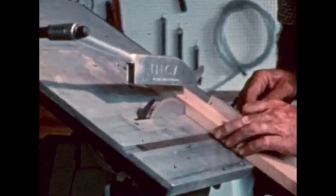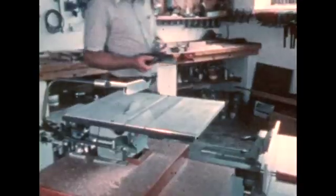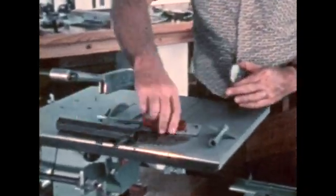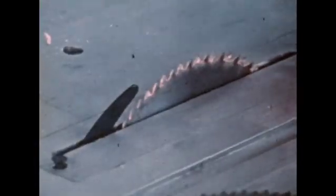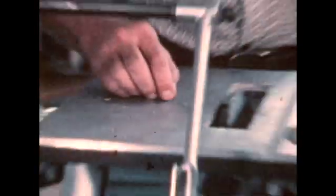Another difficult task simplified, cutting bevels. And for fast, accurate grooving and rebating, these wobble washers are the key to the INCA system. To fit them, remove the cover plate, and remember, the riving knife comes off for this operation. Then lock the arbor,